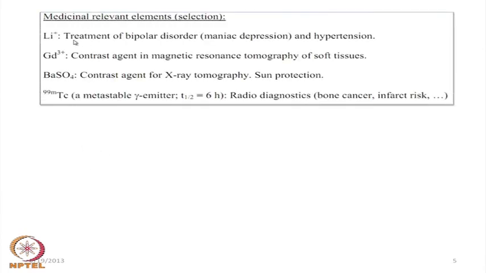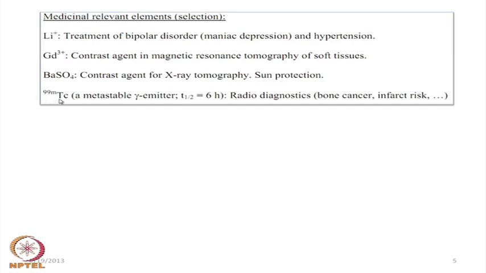Then the last category of molecules is for medical imaging, medical diagnosis, and medicine. Some of these metal ions will be useful for medicinally relevant elements such as lithium, gadolinium, barium and technetium. Lithium for manic depression, gadolinium for magnetic resonance imaging, barium sulfate for contrast in X-ray tomography and sometimes sun